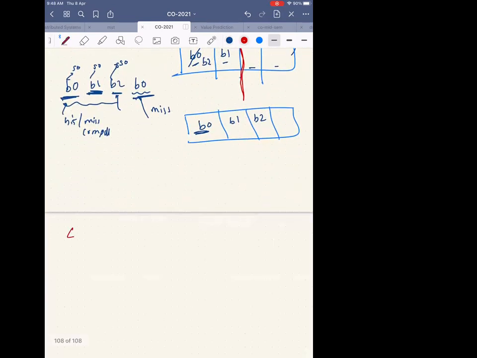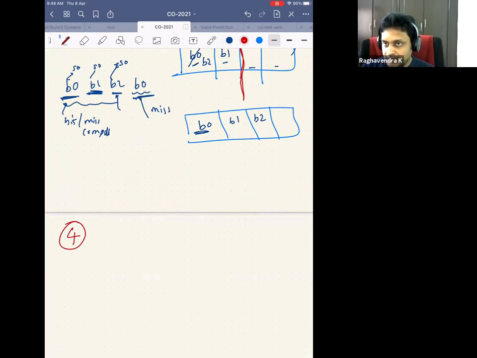A trade-off, like we will try some different values. Of course, we will see the exact formula. So there is a fourth thing called coherence misses, which you will not mostly be seeing in this particular course, which will be in computer architecture. This is becoming very important in the modern day world because coherence misses are not present in a single core machine, but in any multi-core machine, whether it's a dual core, quad core, octa core, there are a lot of coherence misses, and people are breaking their head to reduce them. So maybe I will try to give you an introduction to coherence misses, but we will not be going into detail because this is advanced computer architecture. Okay.